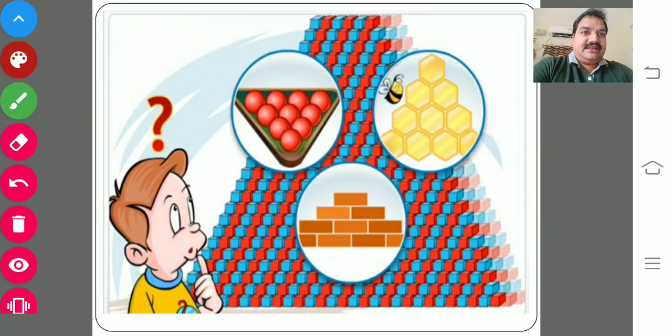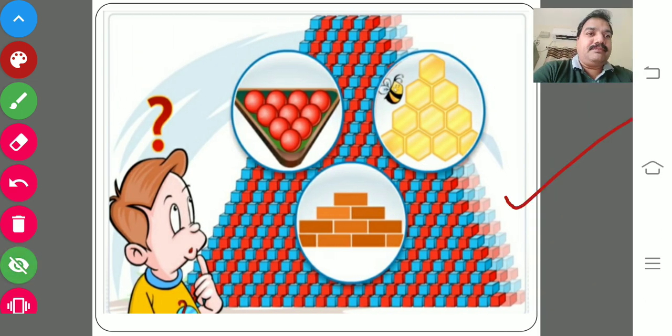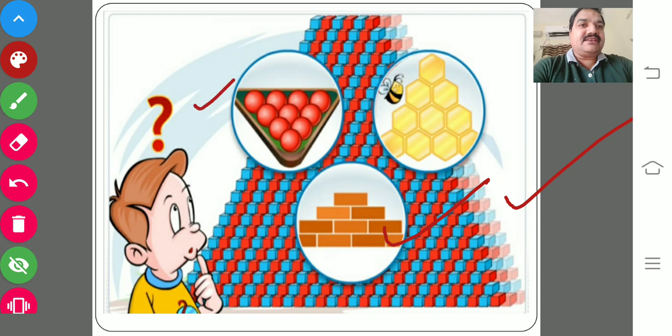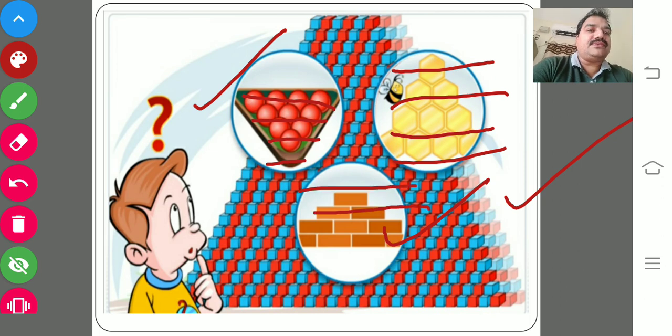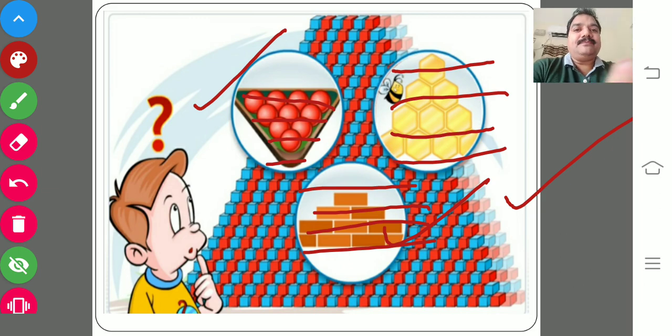See, in nature you can easily see a honeycomb if you observe that, and bricks, and of course billiards. If you observe that, 1, 2, 3, 4, here you observe 1, 2, 3, 4. Here you observe the bricks 1, 2, 3, 4. So you can easily guess the next step. What is the next step? 5. Because you can easily observe the logic. It should follow some systematic rule, a mathematical formula.